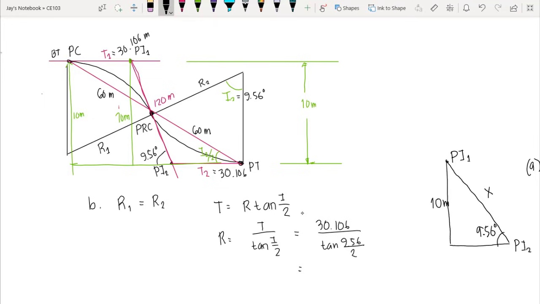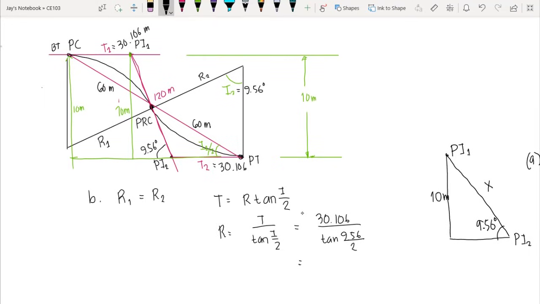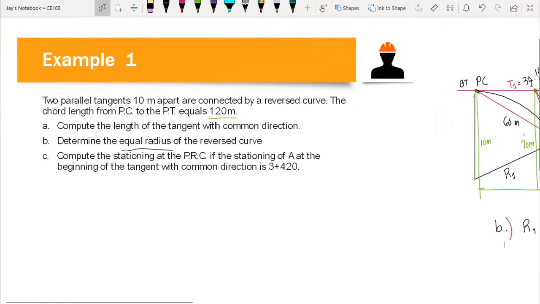This would give us the value of the radius, 360.03 meters. So this is the value of R1 and R2. So that means this is our final answer for question letter B. Okay? Now for our third question, we are asked to compute the stationing at the point of reverse curvature if